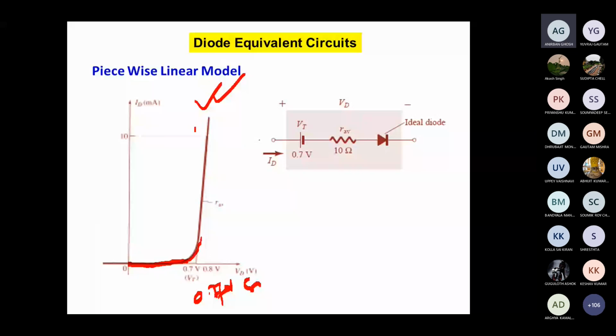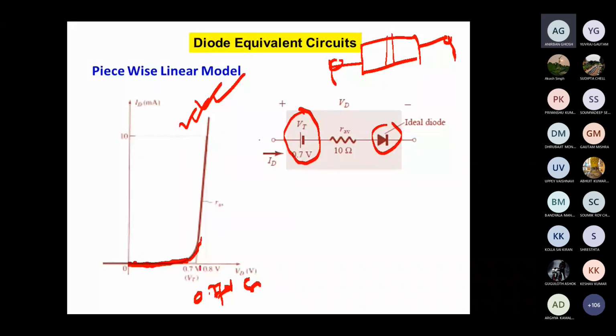you are applying the voltage. This is my PN junction diode, as we have studied, and this symbol is for the ideal case. So this is the ideal diode we consider, but you will not consider the ideal diode in a real circuit. So what you have is this voltage consumed at 0.7 volt already. What about the voltage you are applying here? Some voltage is dropped here. So that is 0.7 volt.